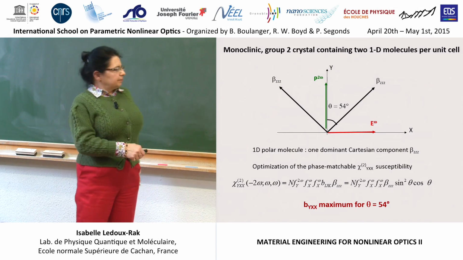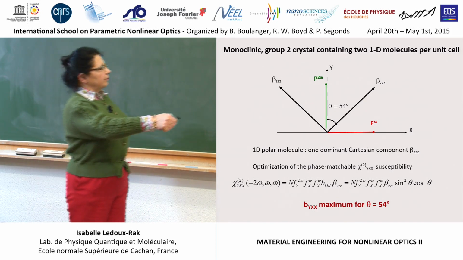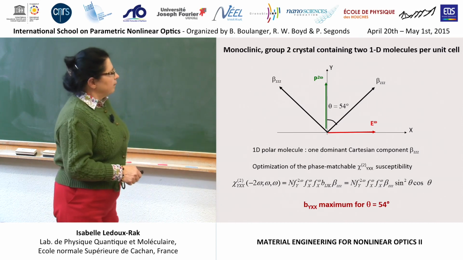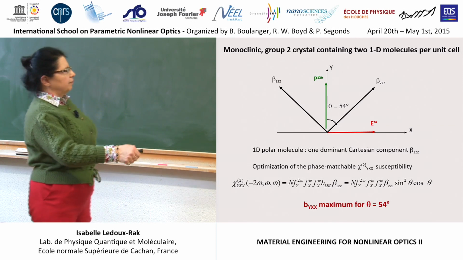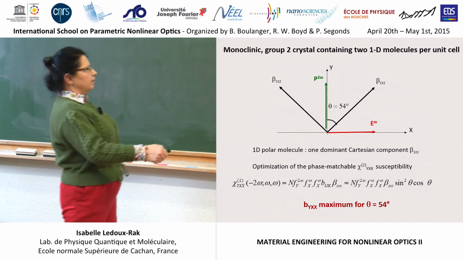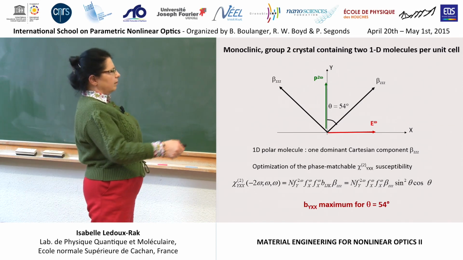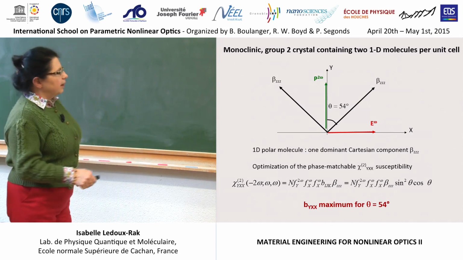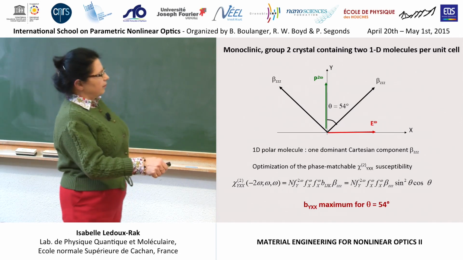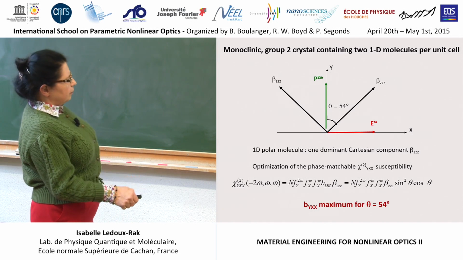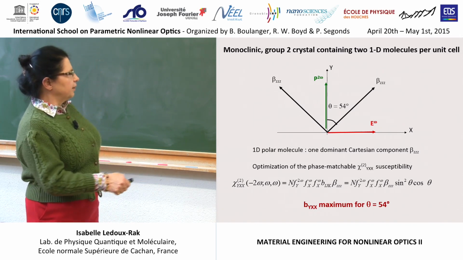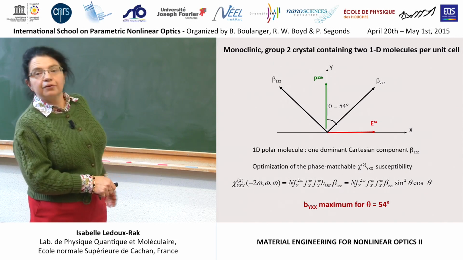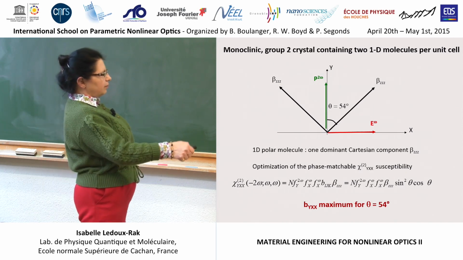So, to calculate the chi2, we have to consider the projection of this axis along the molecular axis itself. And here you can see that the E omega projection factor is sine theta. So we have to count E omega 2 times because it's a quadratic process, so sine squared theta.